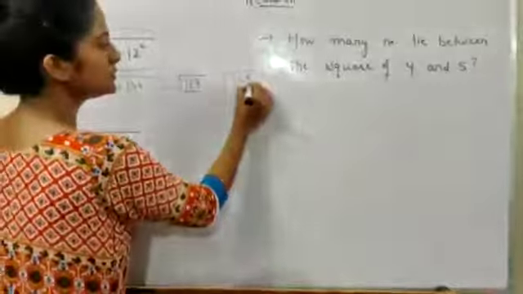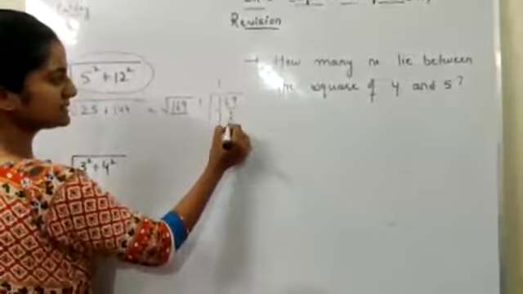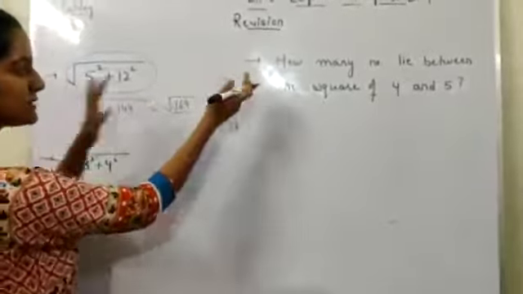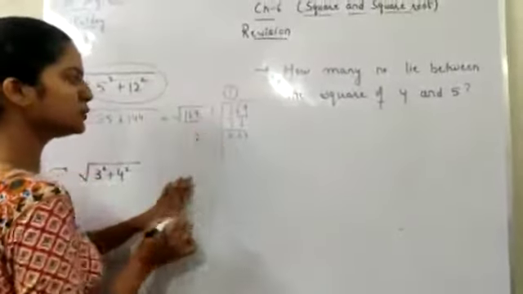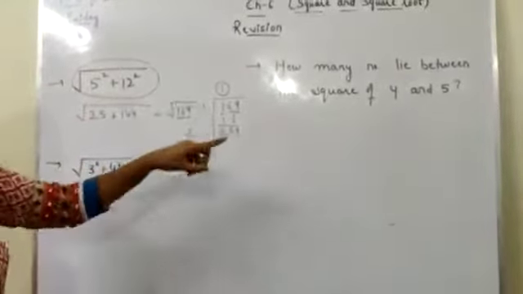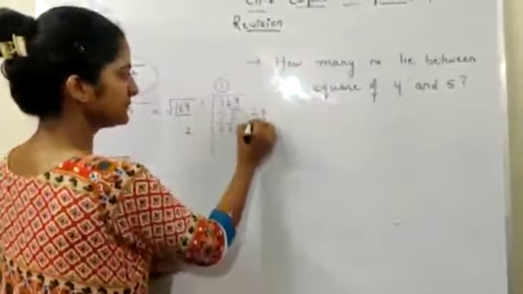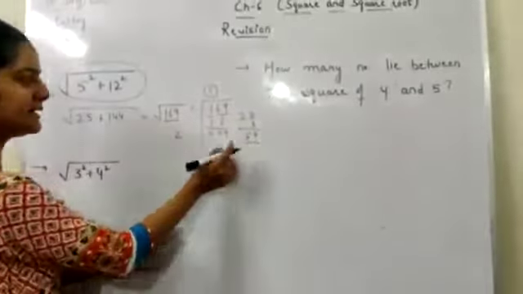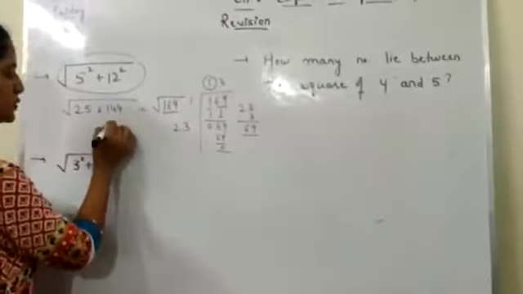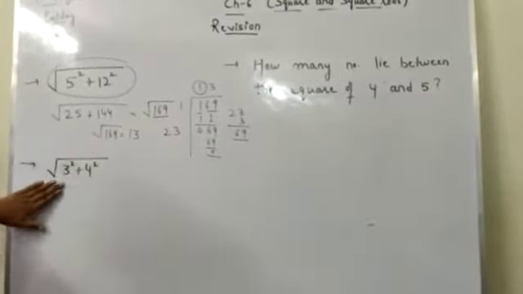So just find out 169. We'll make pairs like this. So 1 1. Next we have to bring down this pair. Now we have to make its double. Double of this quotient is 2. Now see, 9 is here. So which number, if we multiply it twice, will give 9 at the end? It is 3. So just check. 3 3s are 9, 3 2s are 6. Correct? So 3 here, 3 here. It means the square root of 169 is 13. Next, 3 square and 4 square.